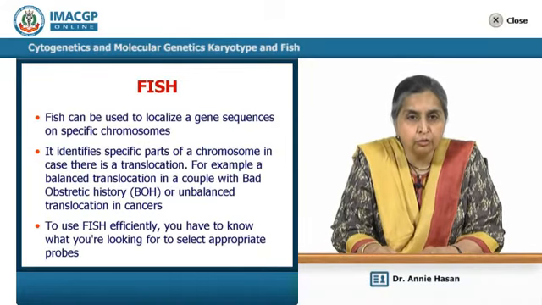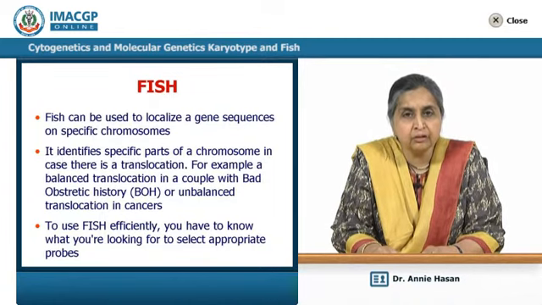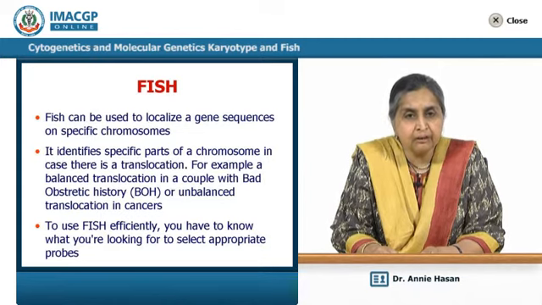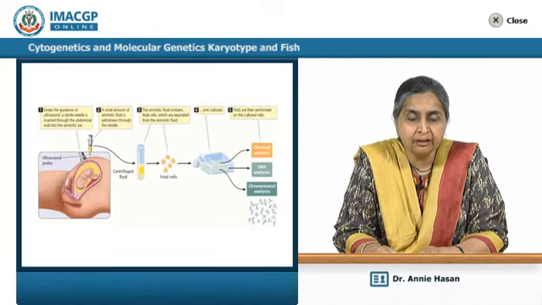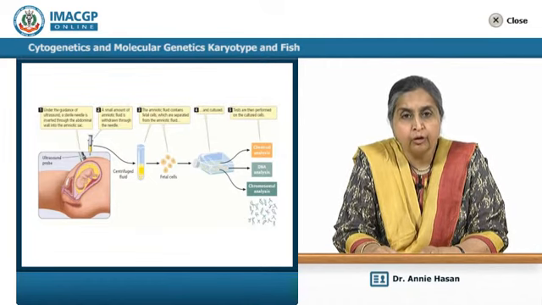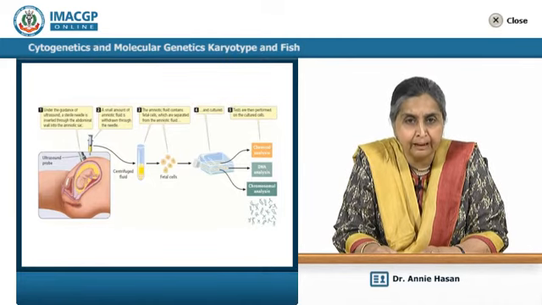FISH can be used to localize chromosomes or specific regions on the chromosome, and can be used to study both balanced translocations and unbalanced translocations. FISH can even be used to detect deletion or amplification of specific genes or regions on the chromosome. FISH can be done on the whole metaphase, and as of now, different colored fluorochromes are available for each chromosome type, and this is known as chromosome paints.